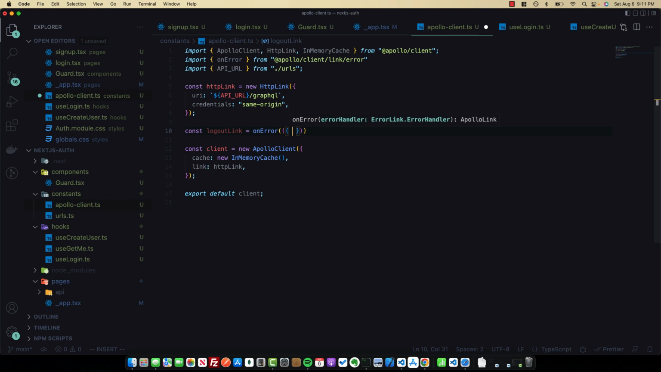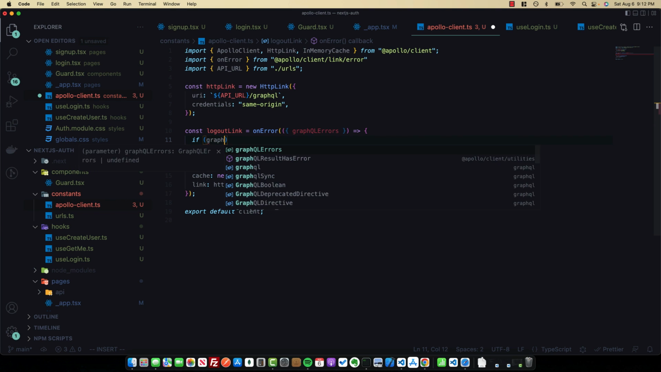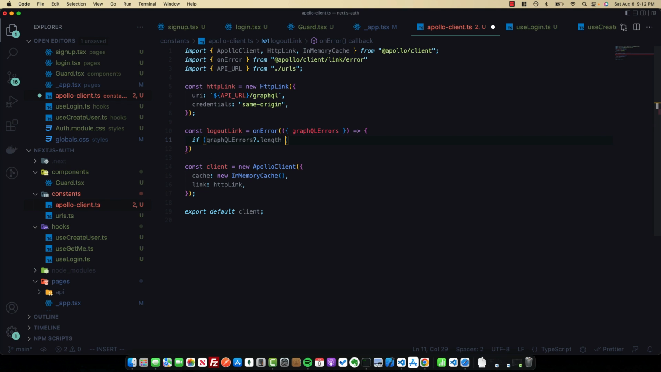Now we're going to abstract a property here called GraphQL errors from this call here. And then we're going to open a function here where we check to see this GraphQL errors. What we want to check is whether this error is an unauthorized error. So from our server, that will be a 401 status code. We'll go ahead and say if the GraphQL errors .length exists, we actually have GraphQL errors and there's more than